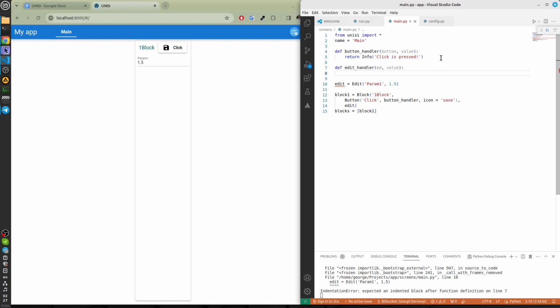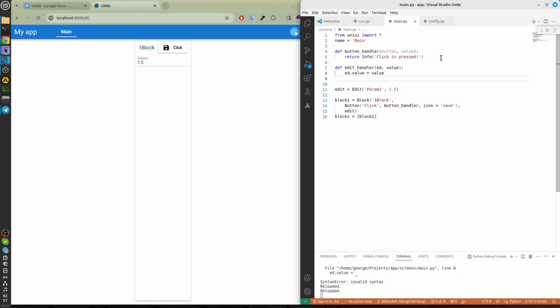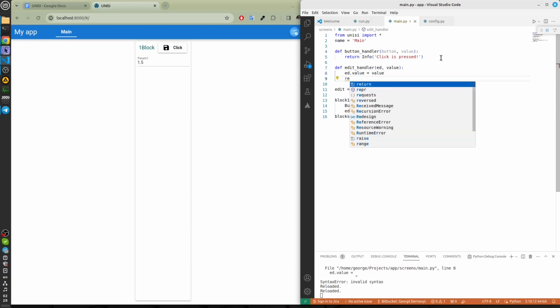To save it, we just write a line: value equals value. We saved the incoming value, and then we can show it on the screen. Return in phone.